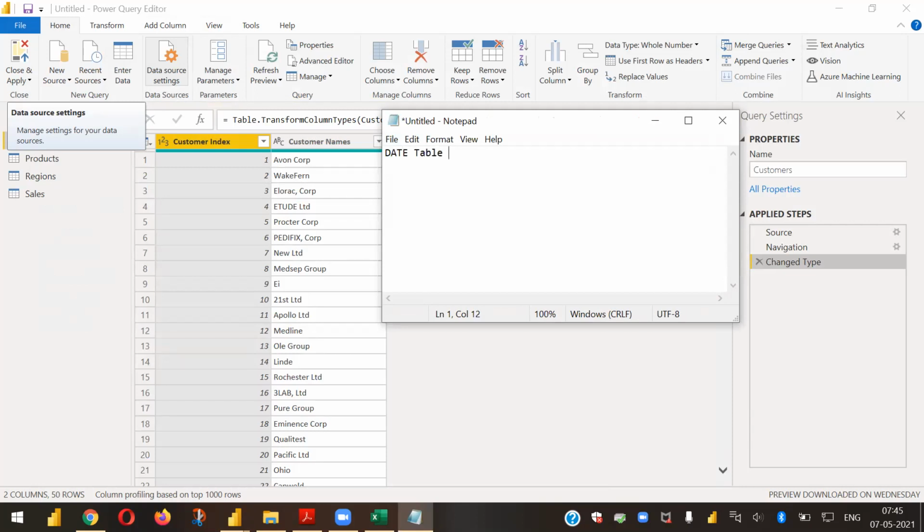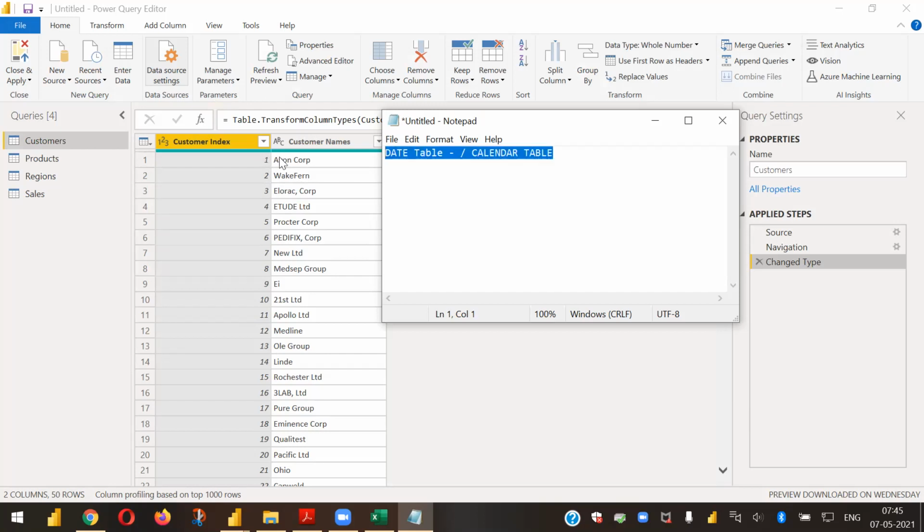So the date table is very much important. It's also called a calendar table, because this table is very much important to do a lot of activities or a lot of calculations, especially if you want to show your data in different formats, like showcasing the data yearly, monthly, quarterly, weekly, and you want to navigate or drill down easily in a hierarchical manner. This table helps us very much.